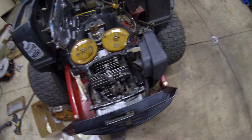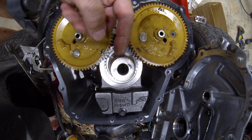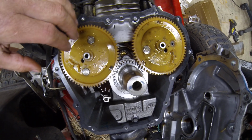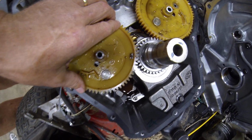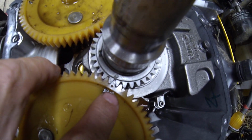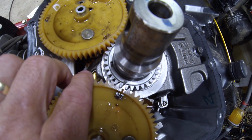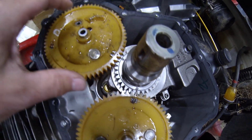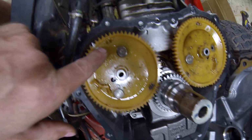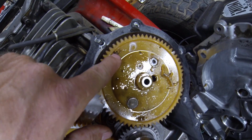So as far as timing this thing goes, you want the keyway to be at 12 o'clock, in line with the piston stroke. And then you're going to take the intake cam, and it's at about 4 o'clock, and you can see there's an indicator on the crank gear, and there's an indicator dot on the nylon timing gear. So then the intake position, now keep in mind these are both marked exhaust, intake, exhaust, and intake. So when you put them in,